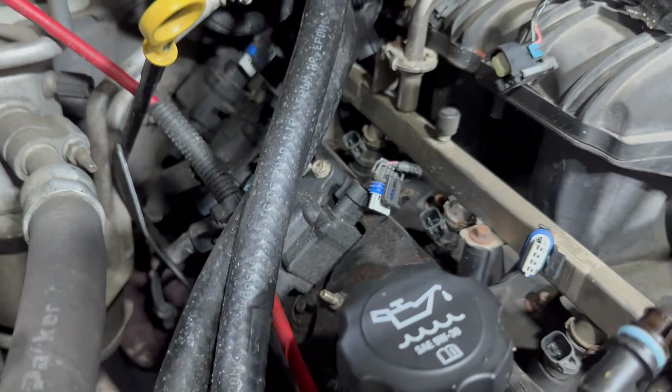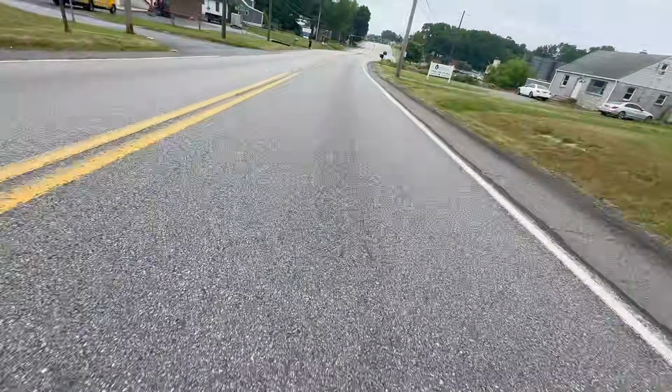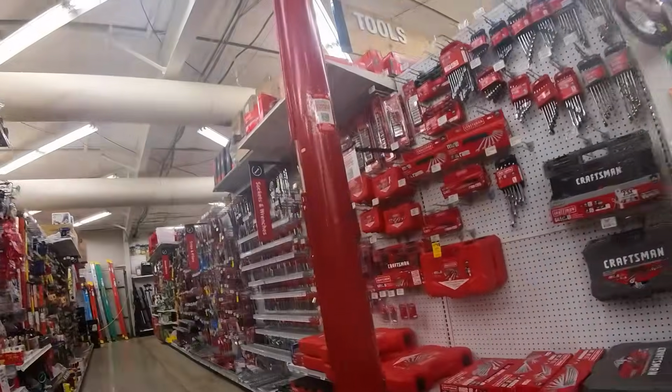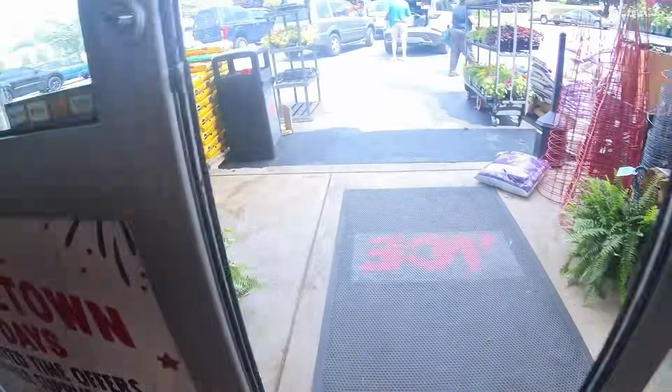All right, everything's going smooth. It's really easy stuff. The same thing happened to me that happened last time where I don't have the right side. The back one is almost impossible to get unless you actually have the right one. We gotta go grab it, but here's the thing. This is the only car that I'm driving, so...